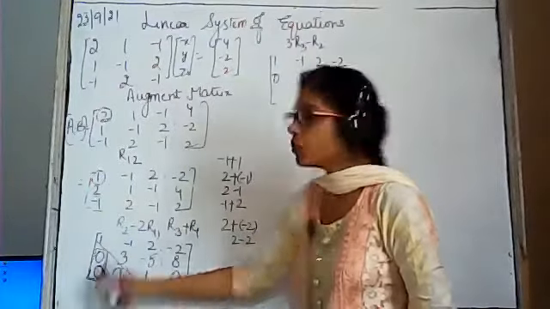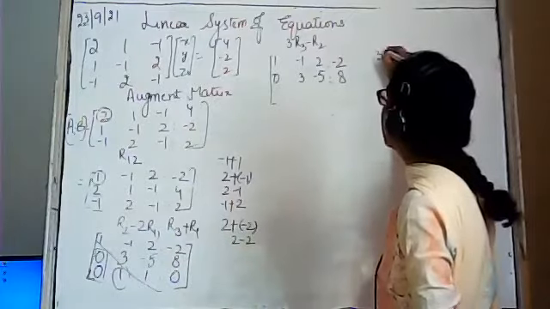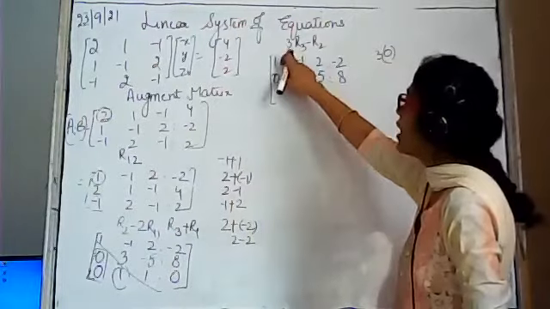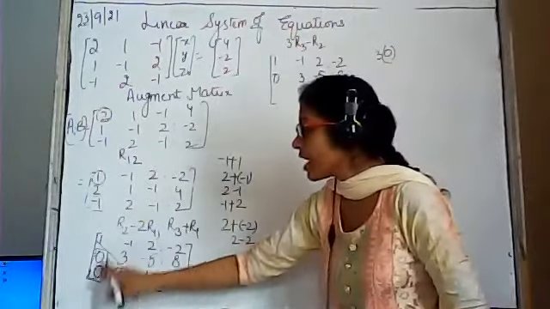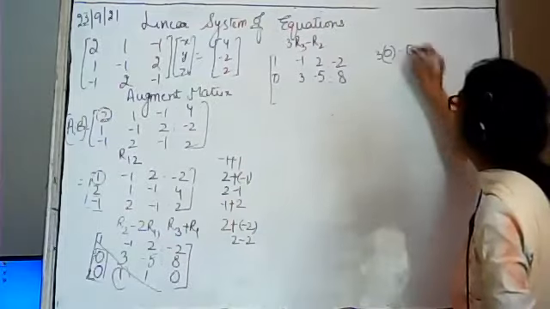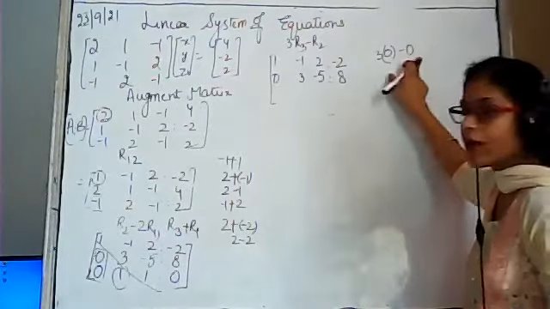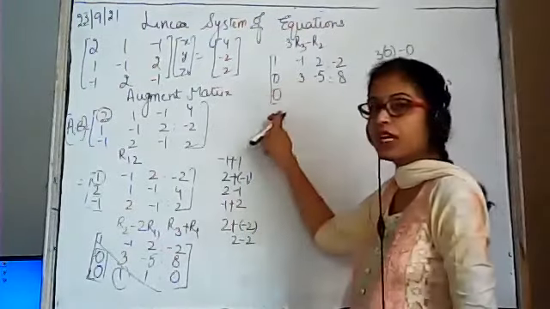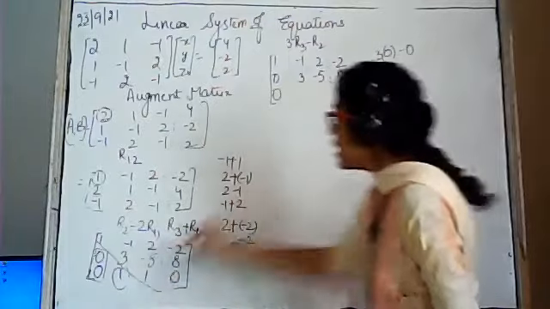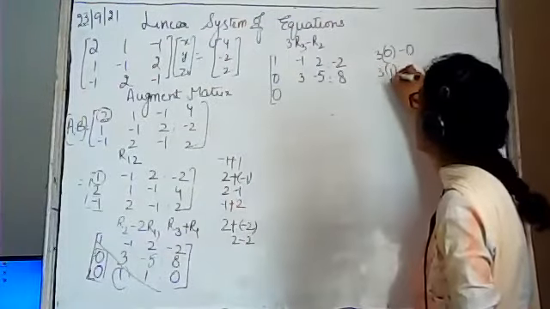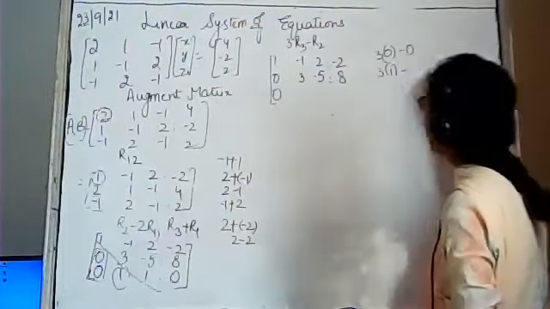Now this element is 0. We are to multiply this element with 3 because we are having 3 R3. 3 times R3 minus R2. So 3 into 0 is 0, 0 minus 0 is again 0. This term will remain 0. 3 R3 means 3 into 1 minus, the element of R2 is again 3.